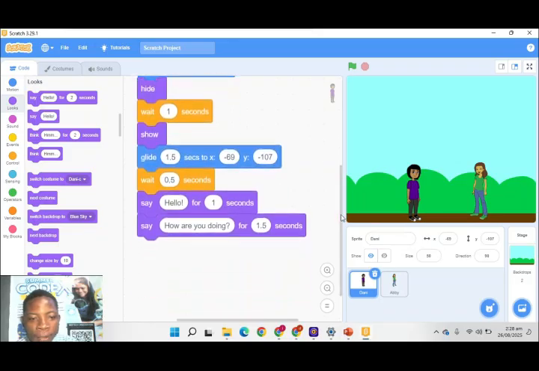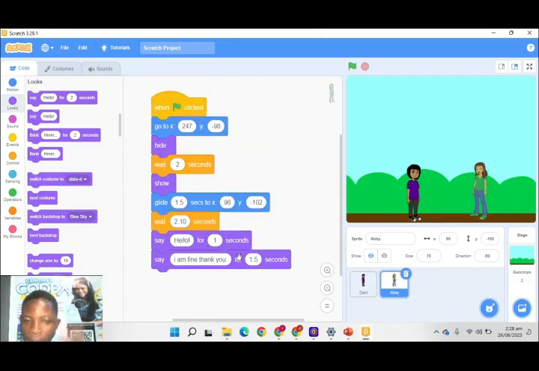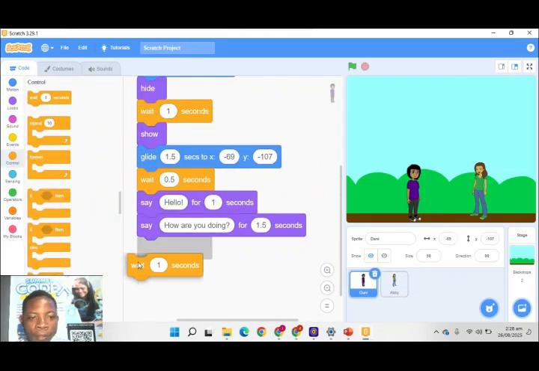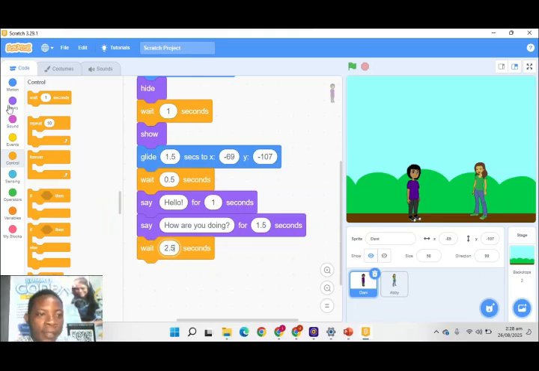he has to wait as well. So Danny has to wait as well. So Abby said hello, I'm fine, thank you, for 2.5 seconds. So Danny has to wait for around 2.5 seconds. So he waits for 2.5 seconds, and he says